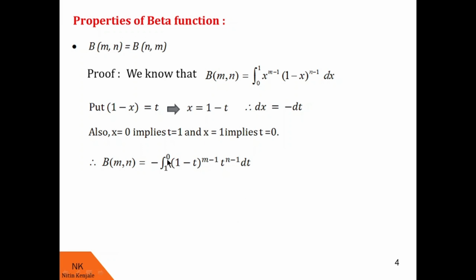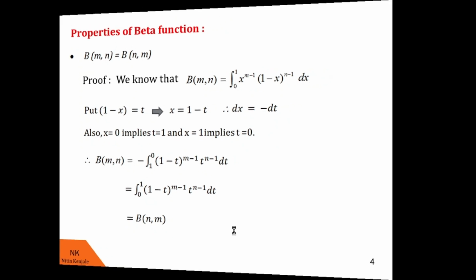Now we swap these limits, then this minus sign will disappear. So now we have integral of 1 minus t raised to m minus 1 into t raised to n minus 1 dt over the limit 0 to 1. But this integral is nothing but beta of n, m. Therefore, we say beta of m, n is equal to beta of n, m. I hope you understood this property. Moving ahead for next property,